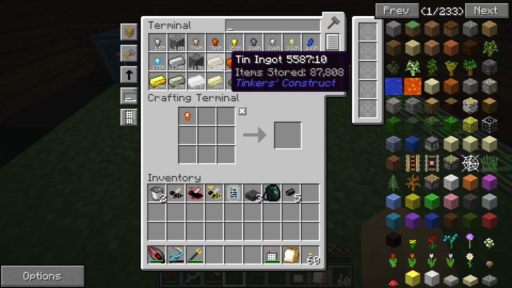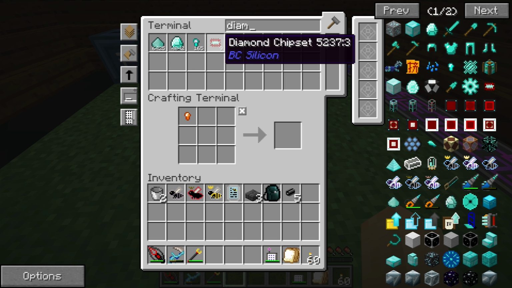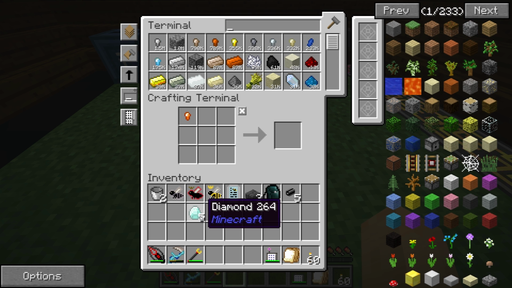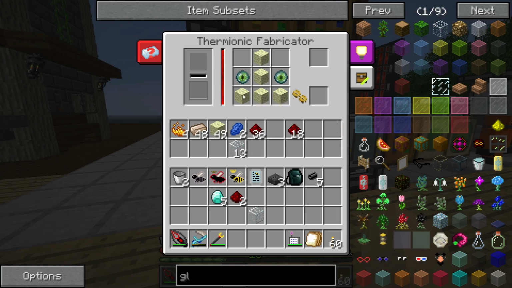With the growth chambers, we should have a pretty advanced system there. So that's good. We do need to get a little bit of this. We need a little bit of these guys. And we need that pulsating iron as well. And a piece of glass. We're going to run over to our thermionic fabricator, which we do need to auto-process at some point here. But in due time, I guess. And we need a diamond